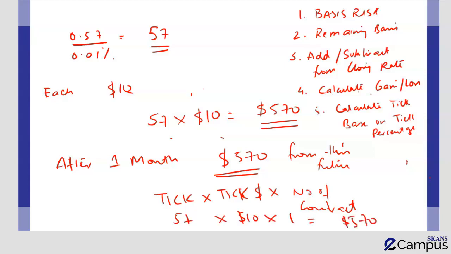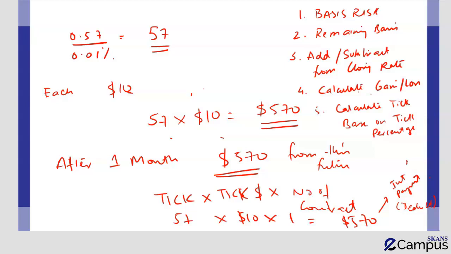So it is very important that you calculate this amount. Now remember, this benefit is on our interest payment. So whenever we enter the contract, this gain will be deducted from our interest payment to calculate the effective cost. I hope this is clear and these steps are also clear to you. And if not, it is recommended that you pause the video, look at this video carefully and try to